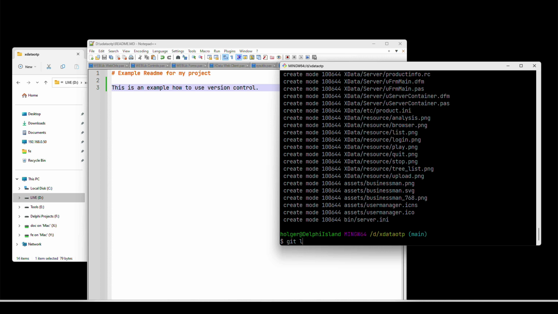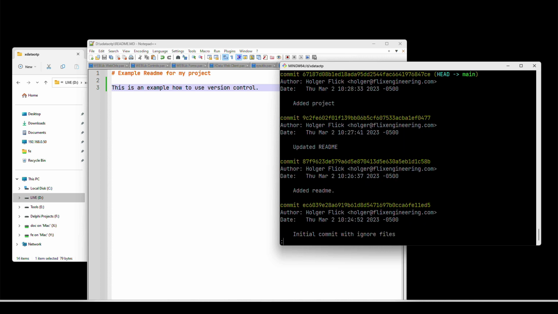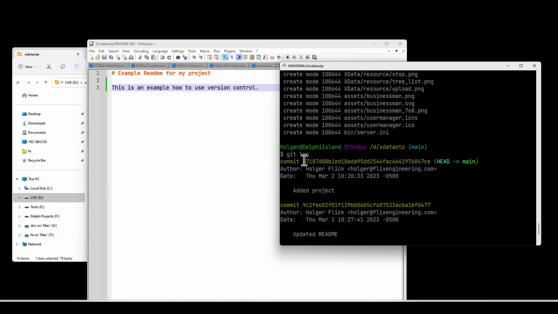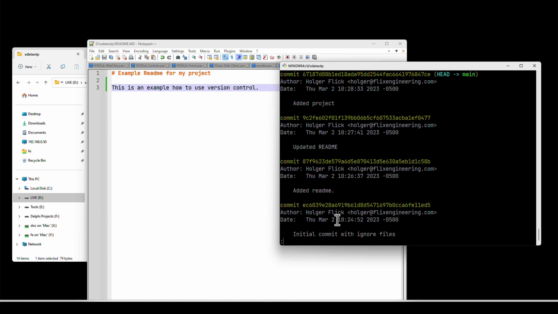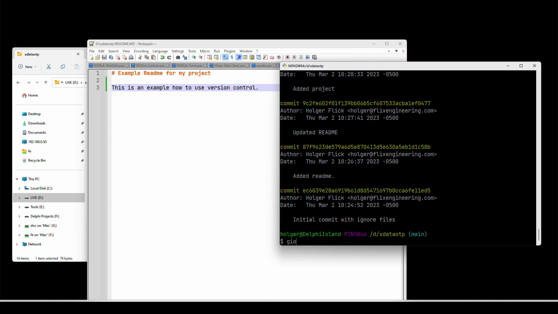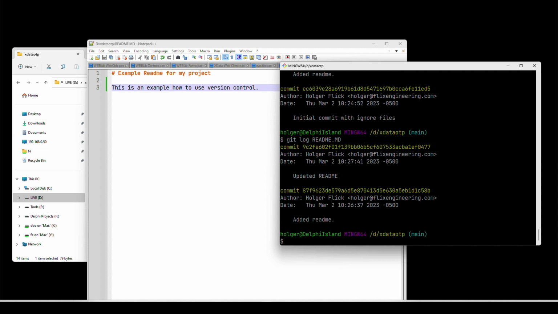And you might be like, how can I see what changes I made? You can say, for example, git log, and then you get the whole history for everything, what you did, but you can also say git log readme.md, for example. Then it gives you the 2 commits that affected this. Readme, first you added it, and then you made a change to it.